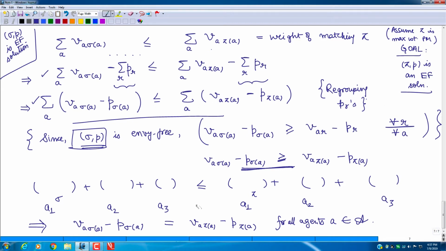Okay, so having this particular equation for all agents, what can I conclude now? So what can I conclude about the allocation pi comma p? So okay, I have this particular equation for all agents, right? So what can I now conclude about the allocation pi comma p? Exactly, it also must be NV free, because just let me